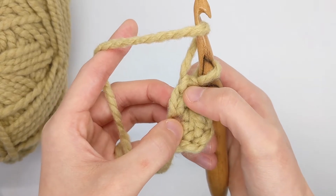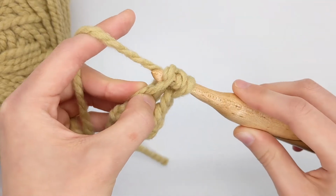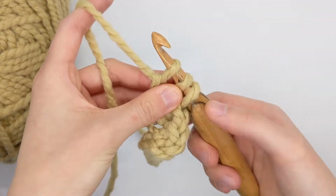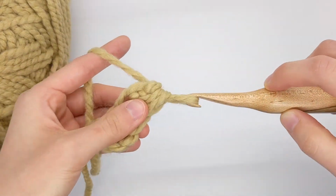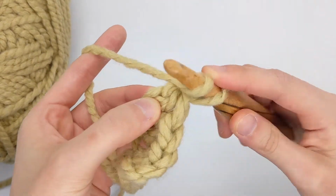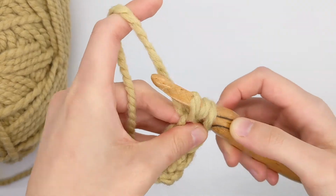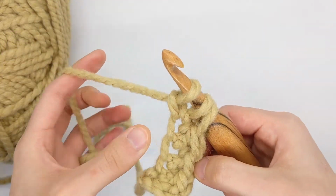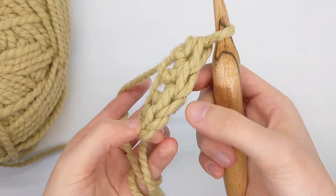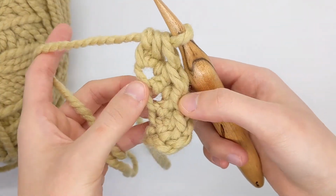So I'm just going to continue by yarning over, inserting into the second loop on the bottom. So this is the first one, which is a bit smaller. We go into the second one, which is a little bit bigger. Yarn over, pull through, yarn over, pull through the first loop, and then yarn over, pull through all 3. So that's one more foundation half double crochet, and then yarn over, insert into the second loop right here, yarn over, pull through the first loop, yarn over and pull through all 3. So now you've made 4 foundation half double crochets,